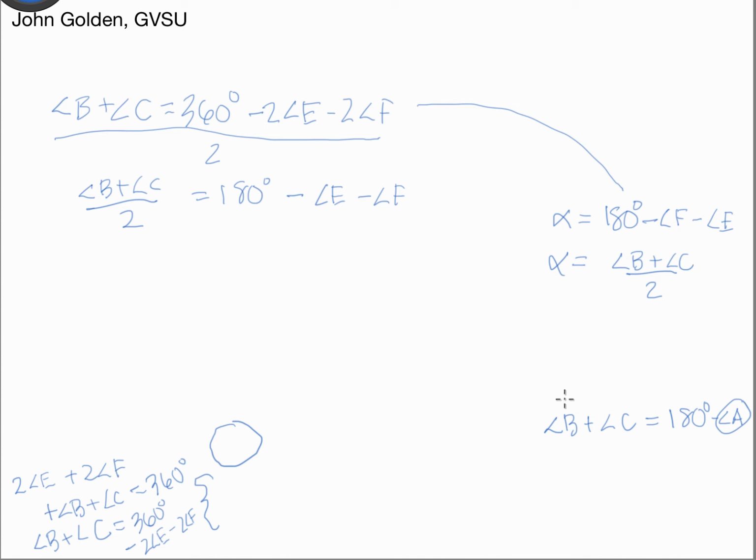And that helps because angle B plus angle C, I know what that is. That's this 180 degrees minus angle A, divided by 2. So this solves it in general, but the problem, this will be messy,